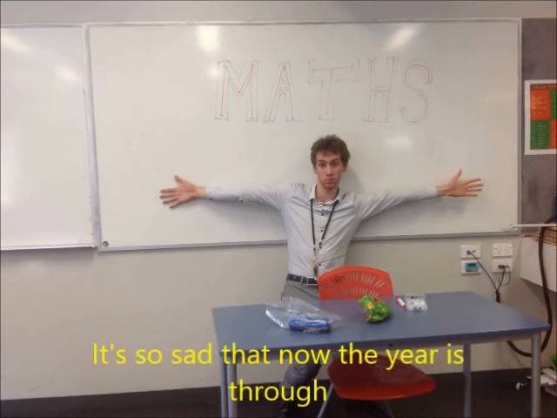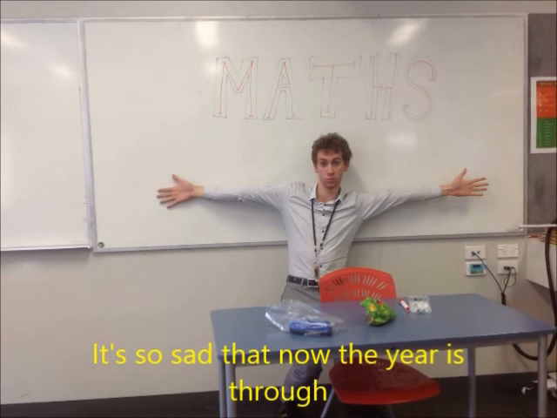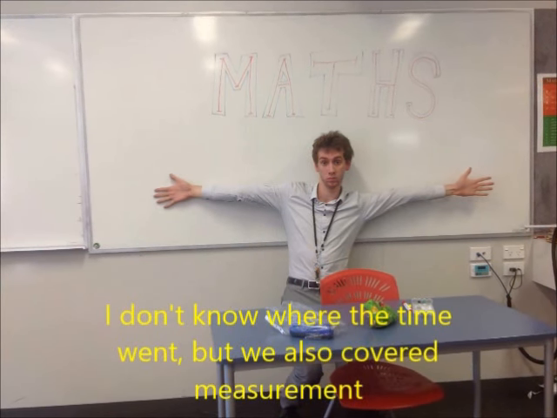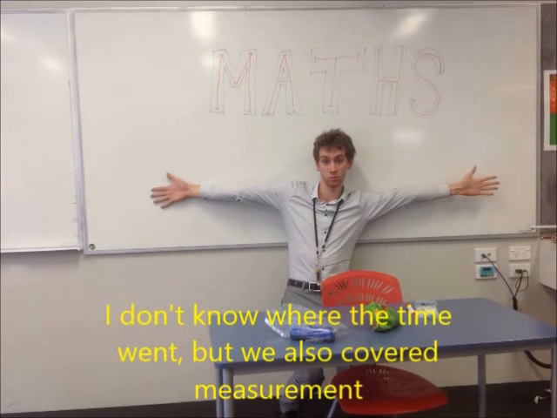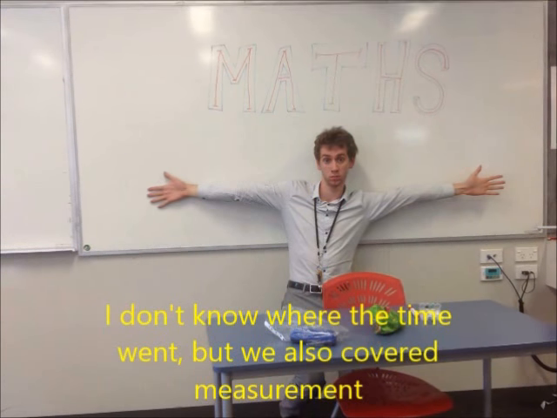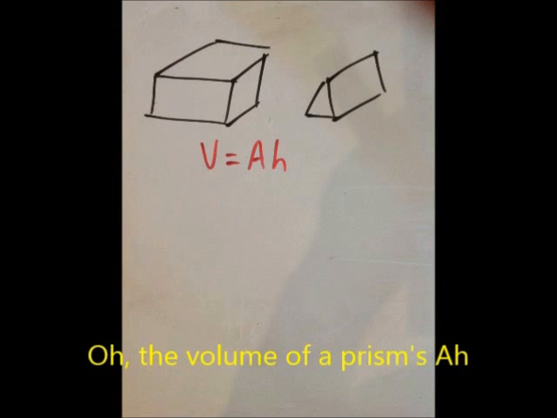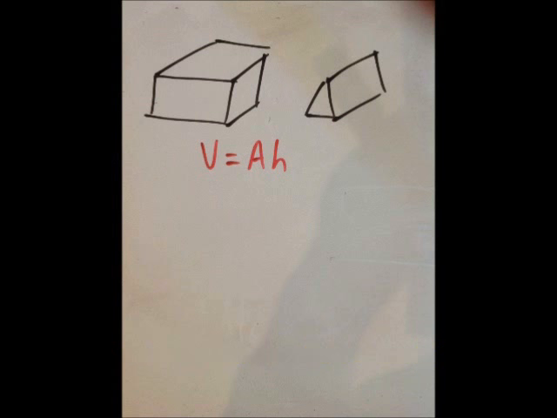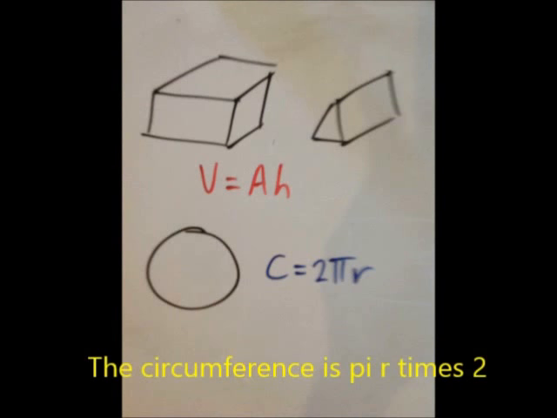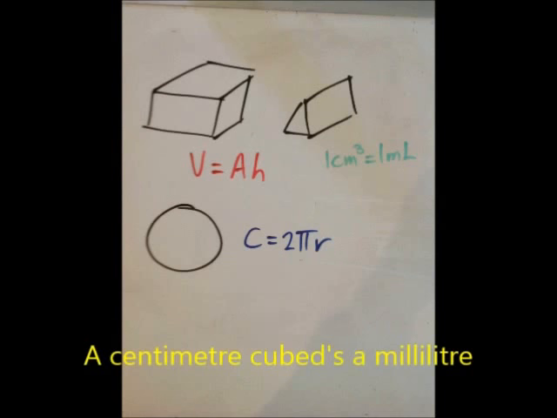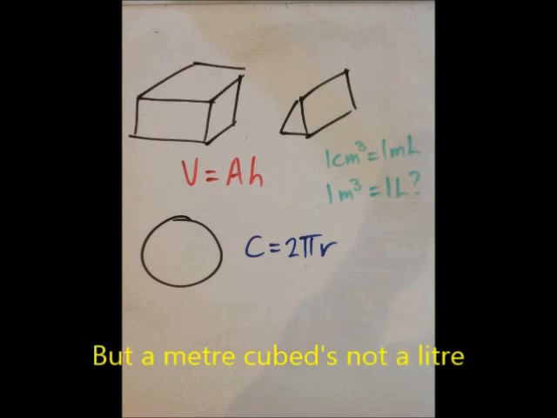It's so sad that now the year is through. I don't know where the time went, but we also covered measurement. Oh, the volume of a prism's eye. Circumference is pi r times 2. A centimeter cube's a milliliter, but a meter cube's not a liter. In fact, it is